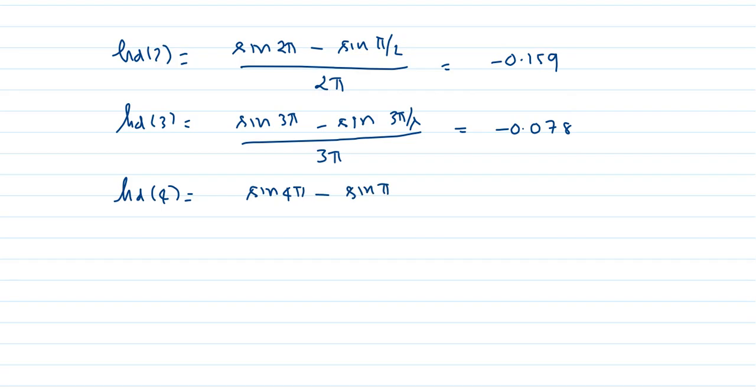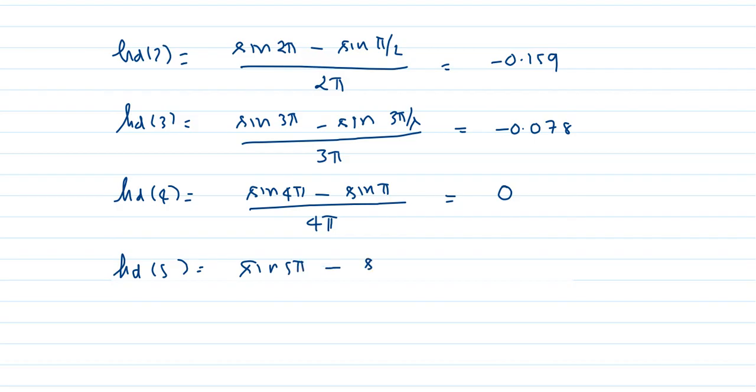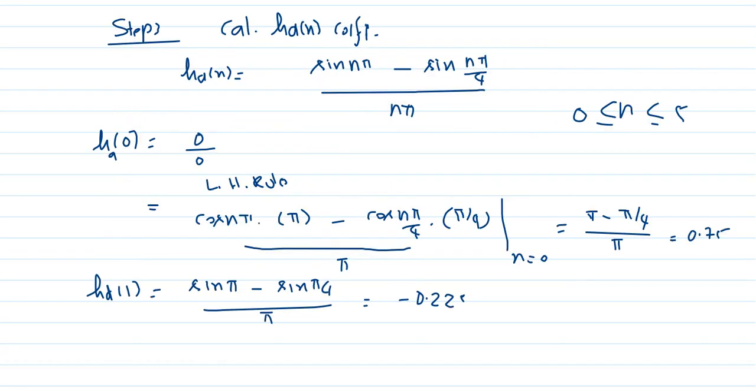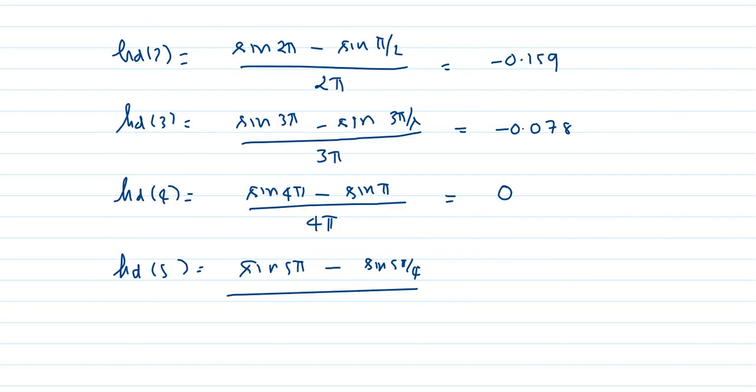Okay, n pi by 4, right? So we'll have 4 divided by 4 pi. So this is 0. And HD of 5 is sine 5 pi minus sine 5 pi by 4. Okay, so it is n pi by 4. 5 pi by 4 divided by 5 pi. So this comes to